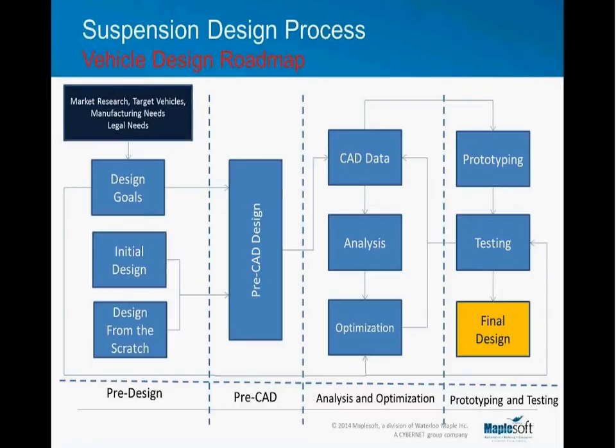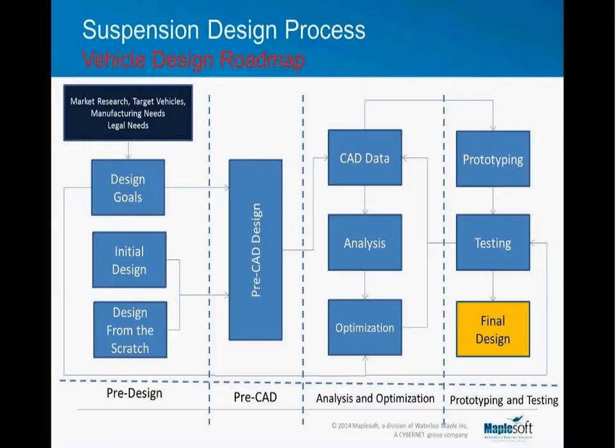The main objective of the pre-design phase is marketing research, benchmarking, and setting the design goals. And then in the pre-CAD design phase, the second phase, we design the vehicle subsystems, including the suspension system,